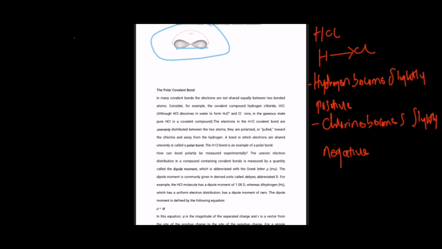So in essence, the hydrogen chloride molecule now has two ends, a positive end,